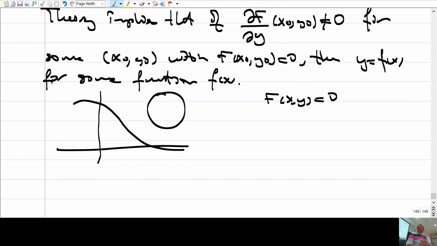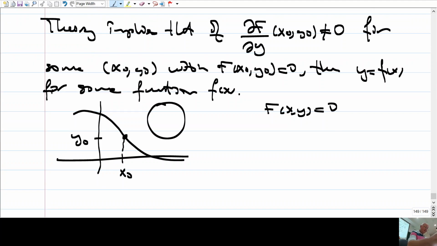So this whole thing may not be the graph of a function. However, if we have some x0 and y0 satisfying this equation f of x, y equals 0, and if this derivative is not 0, then theory tells us the following